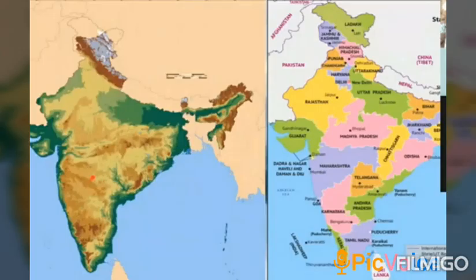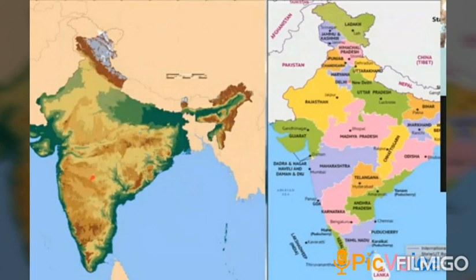In the above picture, you can see two maps separated by a line. But these two maps are completely different from each other. In the first map, you can see some different colors used, like green color, yellow color, blue color, brown color, etc. And especially you can see the Indian peninsula is colored with a green color.